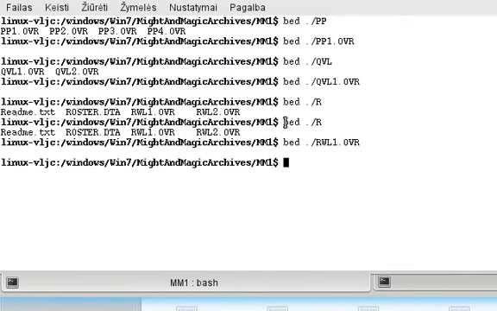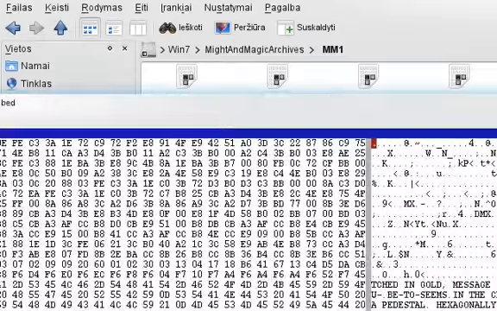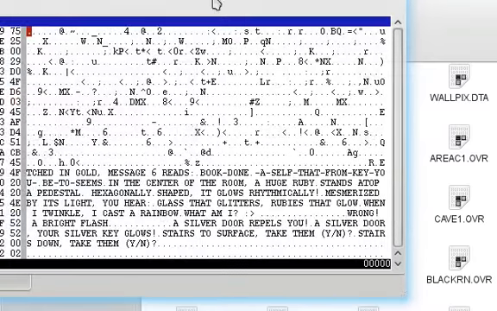a terminal with a binary editor, and I will open the Raven's Lair 1. Now this is a long thing, and here is the ASCII representation of the binary. Here at the very bottom, it says, etched in gold, message 6 reads, and so on: in the center of the room, a huge ruby stands, etc. Now this is message 6, and it says key,